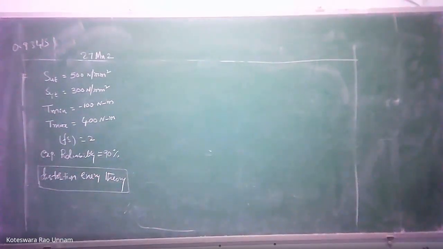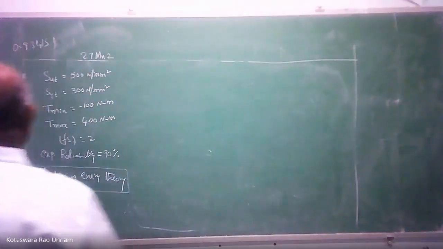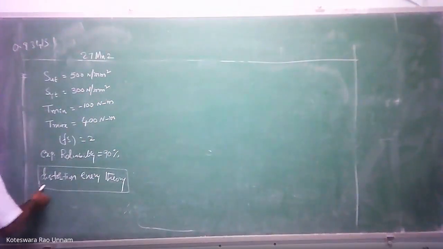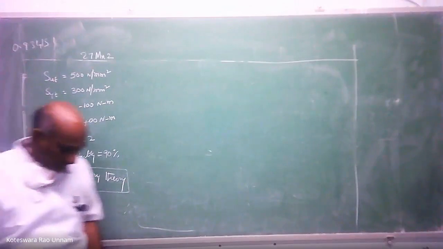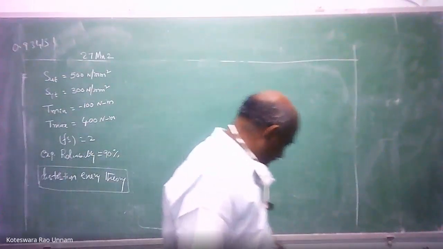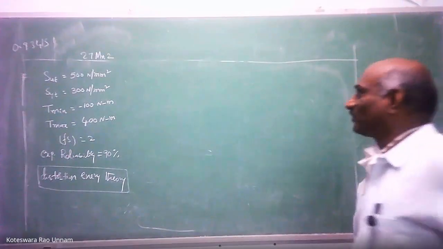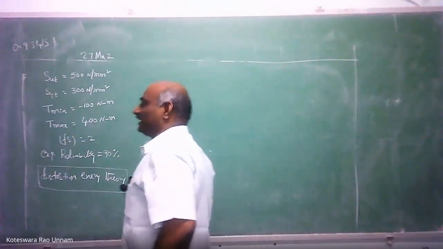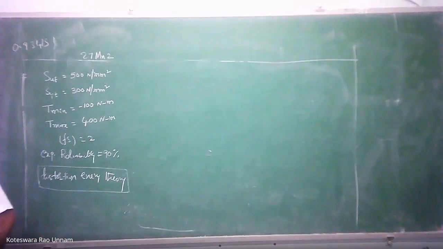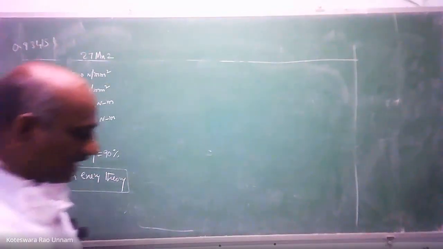Why did he mention that? Why has he given that statement in the problem? What is the reason for that? Or else, why do we need to use this one? Where can you use the distortion energy theory? No response. Okay, right. See, so far whatever problems you solved,